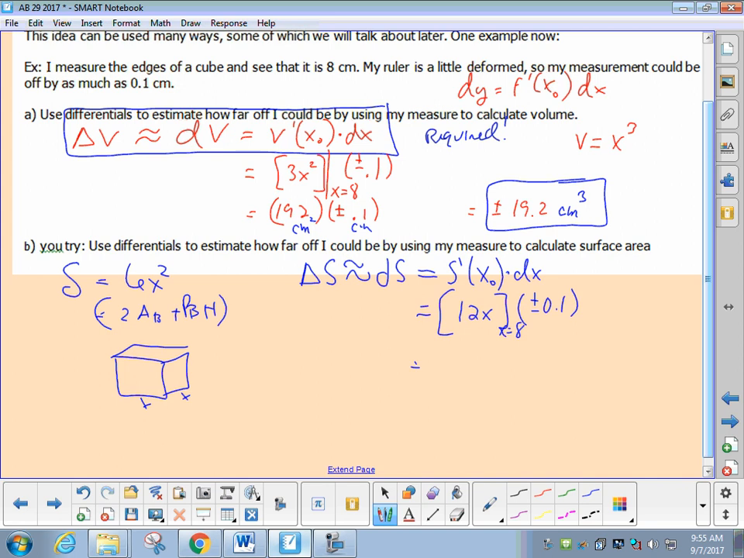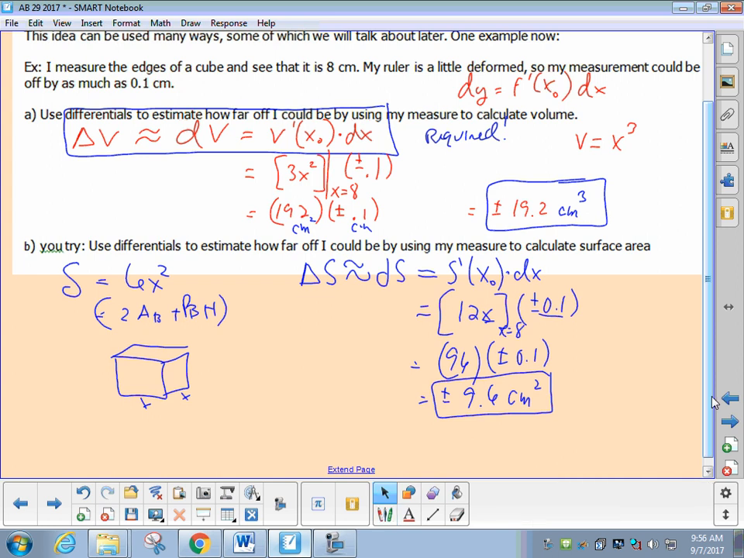What is 12 times 8? 96 times plus or minus 0.1. That is indeed plus or minus 9.6. X units are centimeters, error units are centimeters, so the units then follow to be centimeters squared. Which makes sense. Okay. How'd that go? Good? All right. Let's then go to